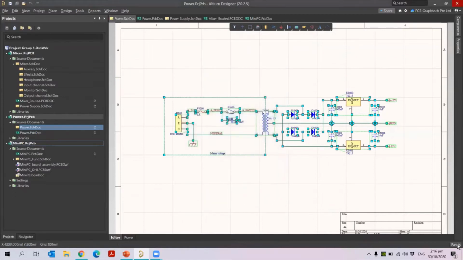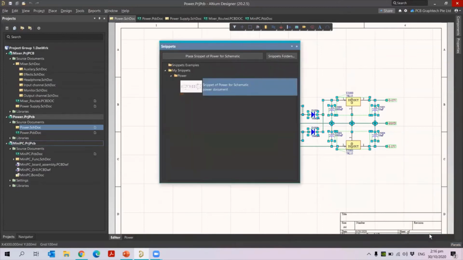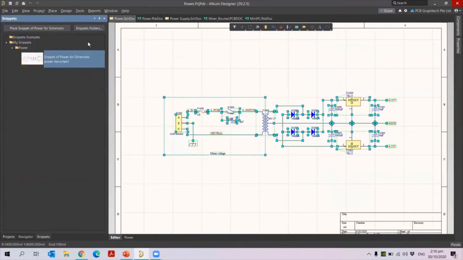Once you've done OK, let me open my snippets panel here. You will see under my snippets, the power folder, and the snippet I have copied is put inside. So this is my schematic document which I copied and put in the snippet.